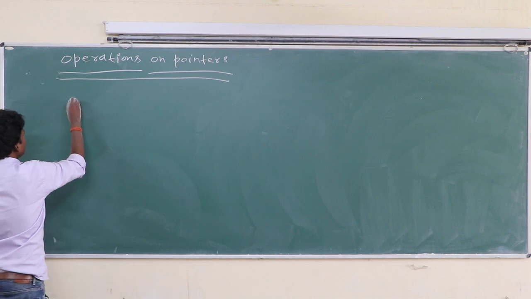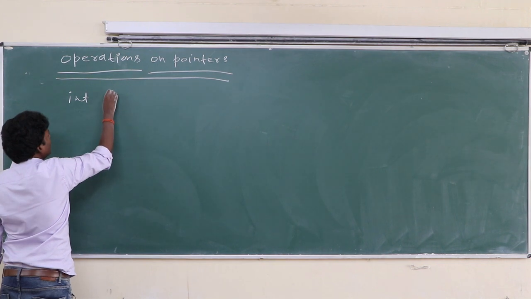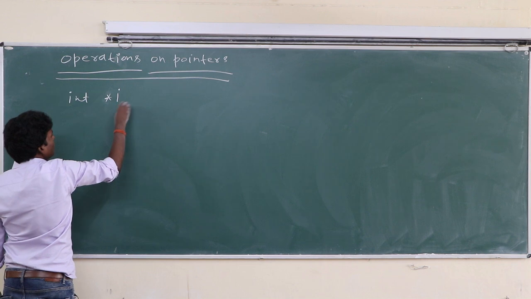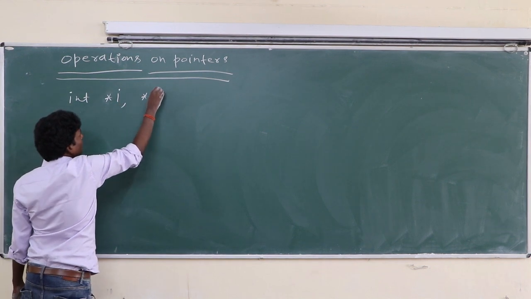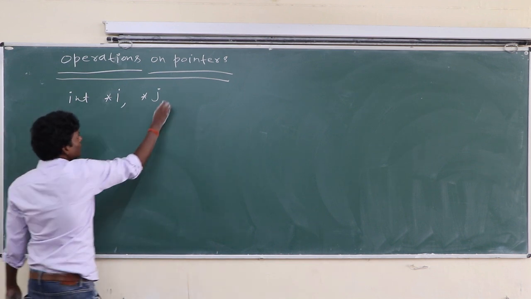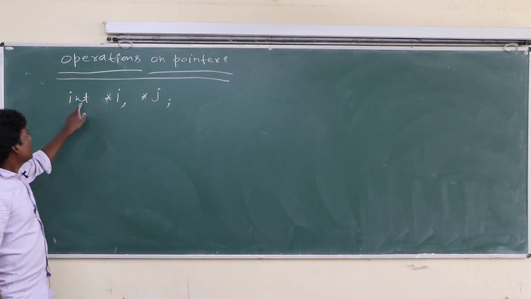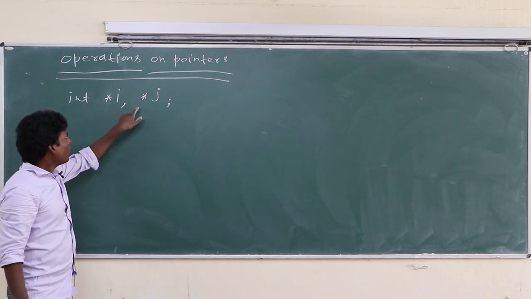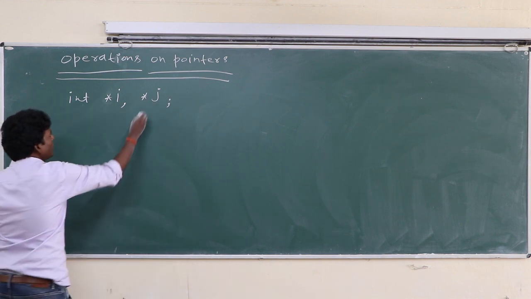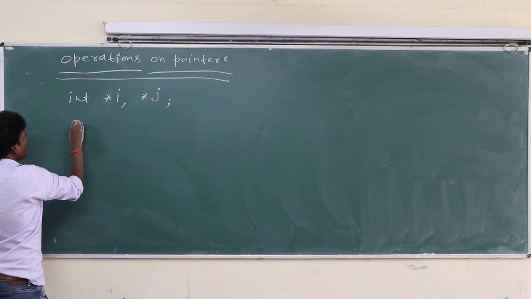First one, class, suppose int i, int j. There are two pointers: int asterisk i, asterisk j. I and j are two integer pointers, pointer to integer. Okay, so we can perform,